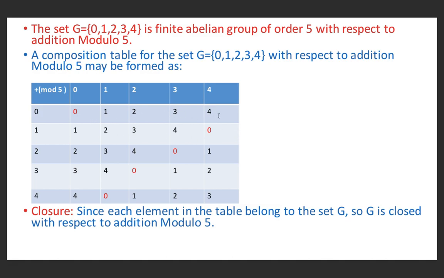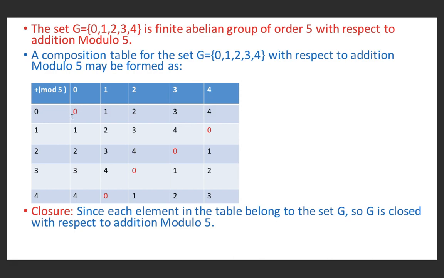But the first row is identical with the top border row, because the elements in the first row and the top border row are 0, 1, 2, 3 and 4. The element on the extreme left of the row which is identical with the top border row is 0. This 0 is called the identity element of a group. Now we locate this identity element in each row.